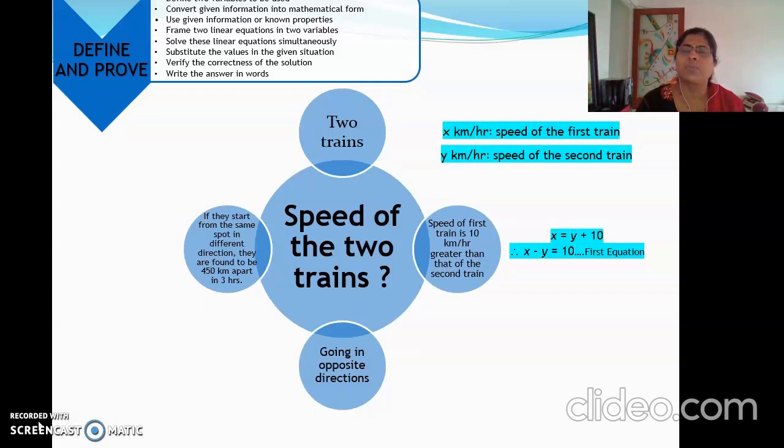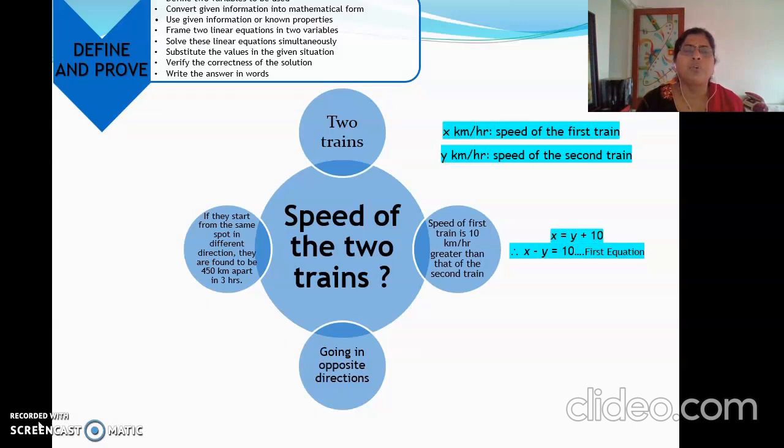That is, 10 is added to y. Therefore, x is equal to y plus 10. Therefore, x minus y is equal to 10. Equation number 1. Now, as per the second information, they are going in opposite directions and after 3 hours